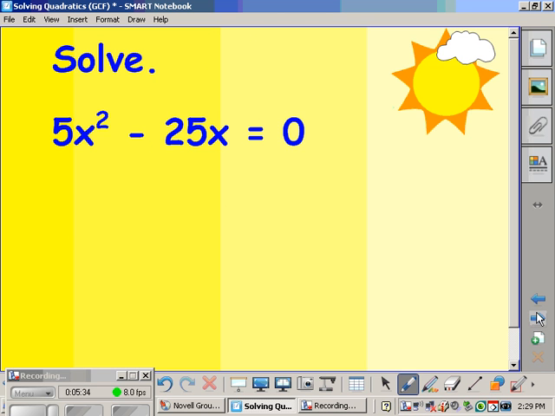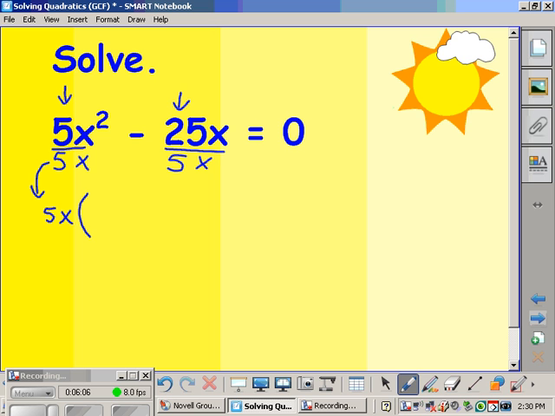Okay, in this next problem, again, you only have an a term and a b term, no constant. So we're going to factor out the greatest common factor. This time, we have two coefficients, a 5 and a 25. And their greatest common factor is 5. In other words, it's the largest number that divides into both. And for the x's, they both share an x in common. So our greatest common factor will come to the outside of the parentheses,